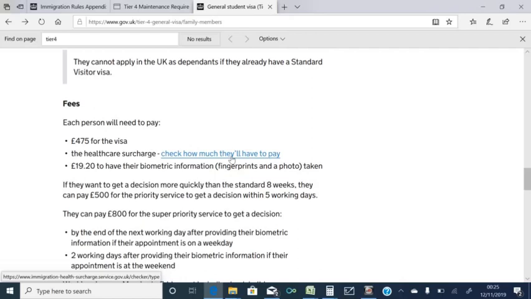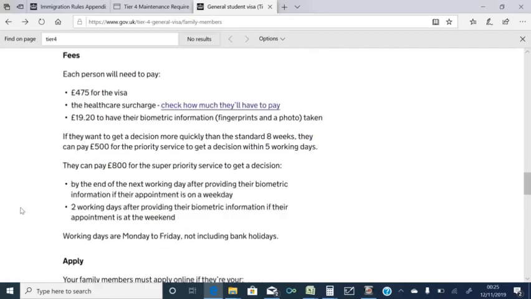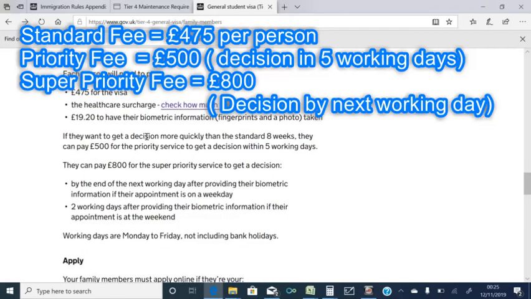and check how much you'll have to pay as a healthcare surcharge. There is £19.20 for your biometrics, which takes your fingerprints and photo. After that there are different options: £500 for a 5 week service. If you want to do it faster than 5 weeks, 5 days, sorry, then you pay £800